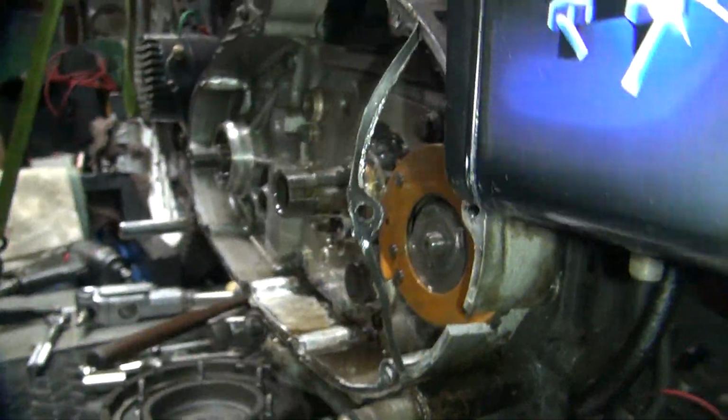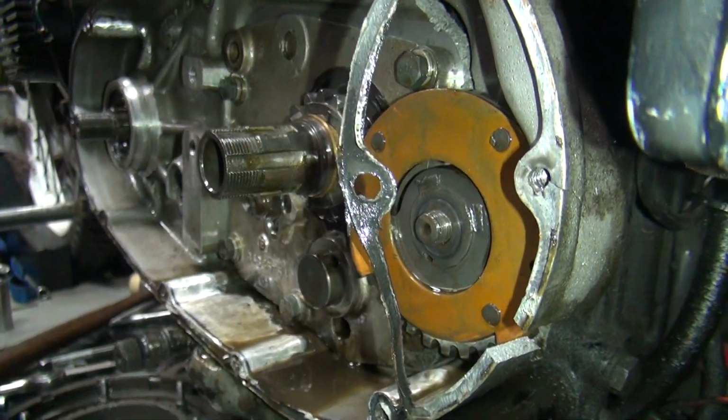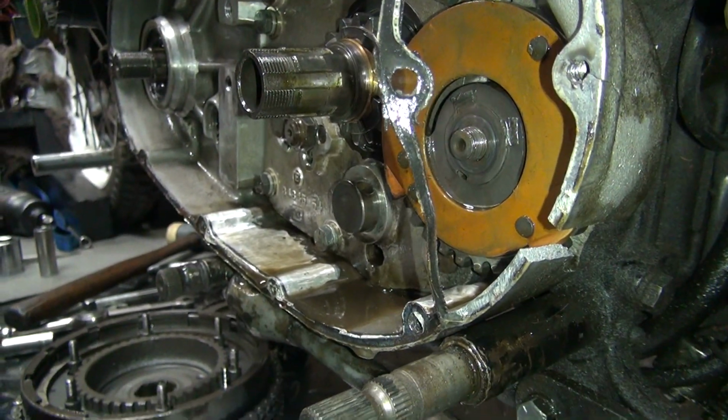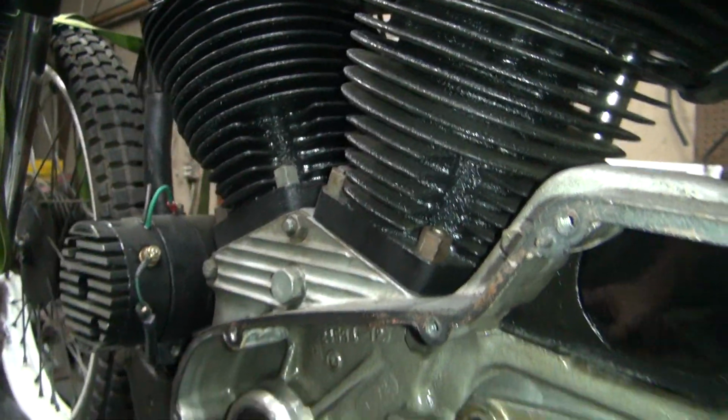Definitely the shaft is the problem. You don't think it's just the shaft? You think there might be some other issues behind the shaft? Yeah. I'm thinking the only thing holding this whole thing together right now is these two 5/16 bolts right here. I would have to agree with that. And it looks like they're about